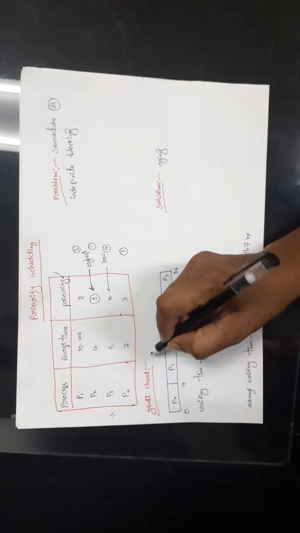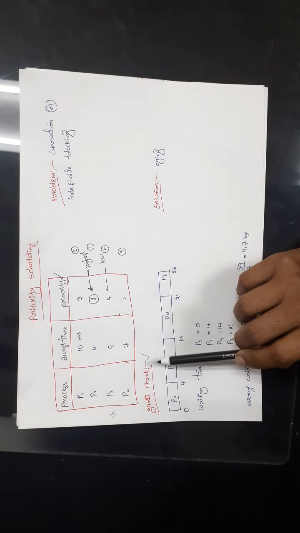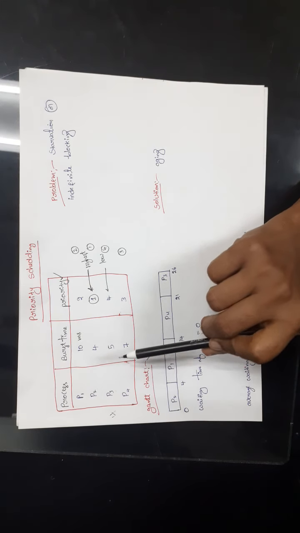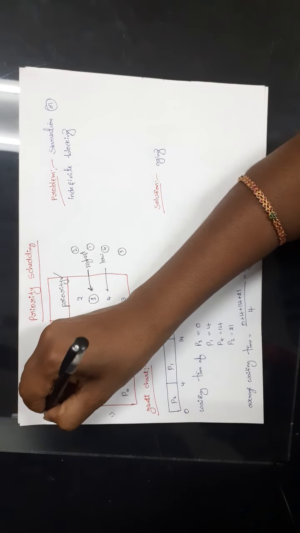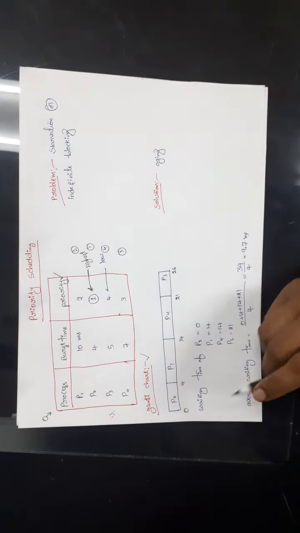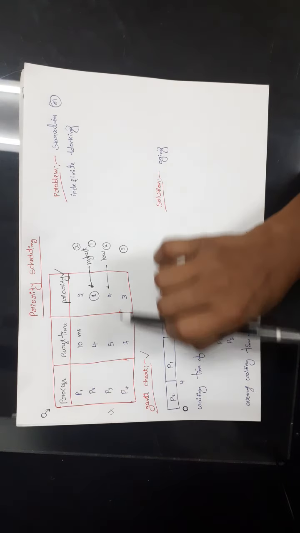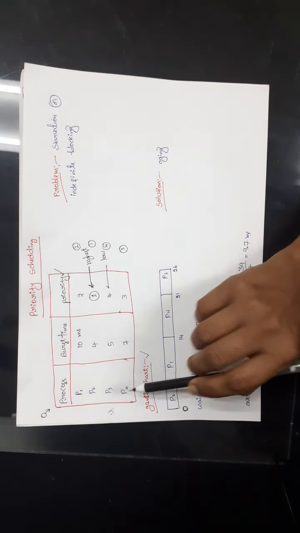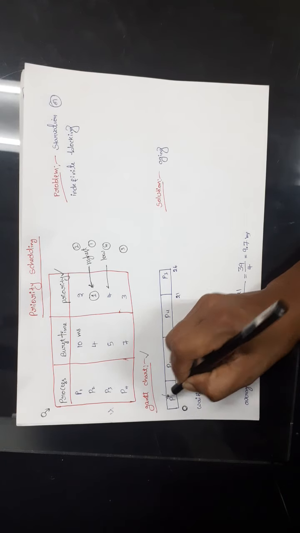Here I have given the Gantt chart for all these processes. We know that a Gantt chart is nothing but a schedule of these processes. That means at what time which process should be executed. Here if you observe, all the processes arrive at time 0. Now I am at time 0, and all the processes are in the queue. Which process should be selected now? P2 is the highest priority process, so P2 will get the CPU first.